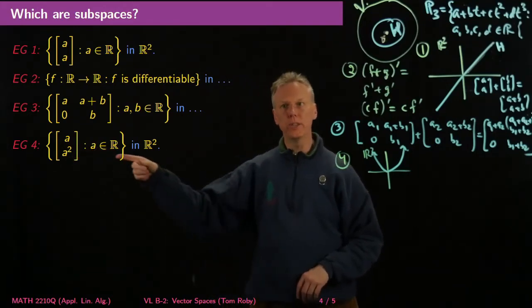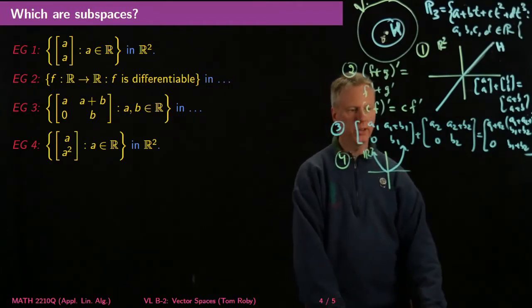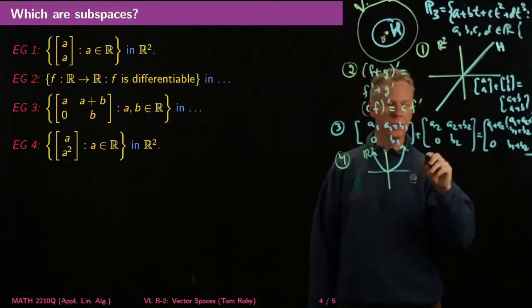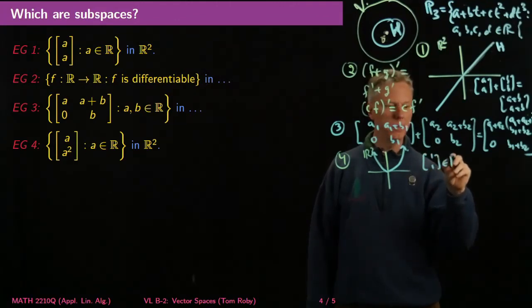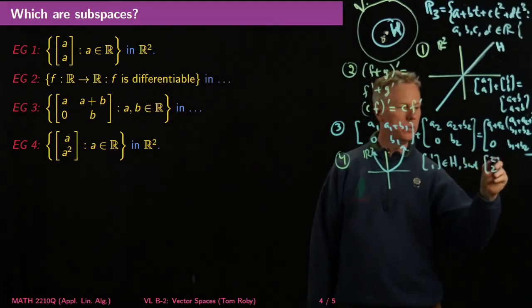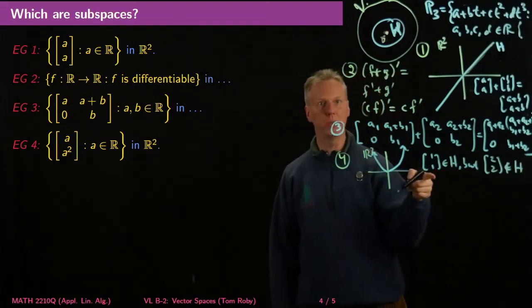So it's pretty clear that this isn't preserved by scalar multiplication, right? So for example, (1, 1) is an element of H, but (2, 2) is not an element of H,